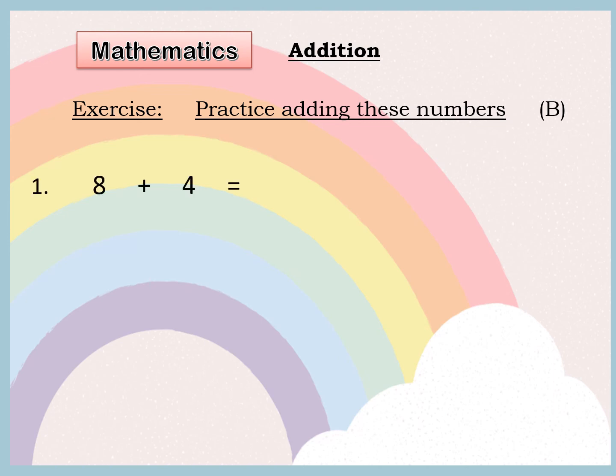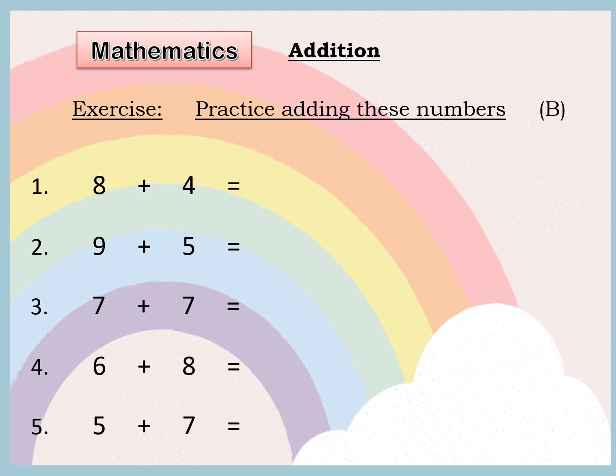We have 8 plus 4 equals. Oh, don't forget to write the numbers down on the piece of paper that you have in front of you. We have 8 plus 4, number 1. Number 2, 9 plus 5 equals. Number 3, we have 7 plus 7 equals. Number 4, we have 6 plus 8, number 5, we have 5 plus 7,